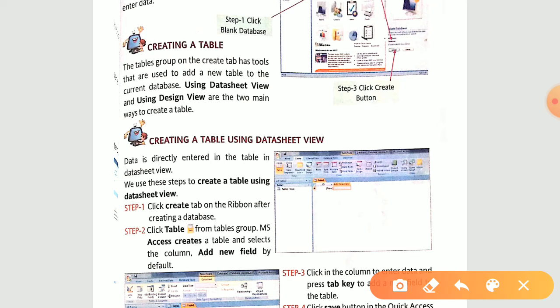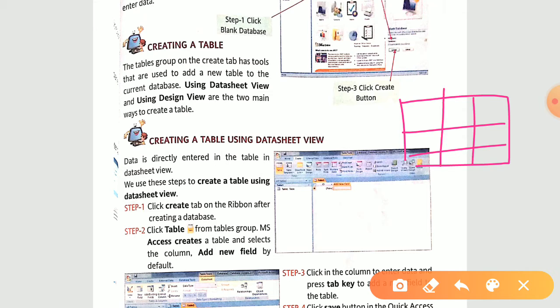Now for revision, a table is particularly a collection of rows and columns. You already know the intersection of every column and every row is known as a value, and every column comprises a data field and a row comprises records. Okay, so that is how your table is being divided, categorized.